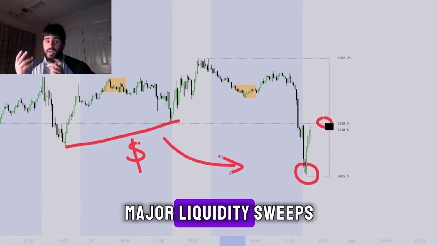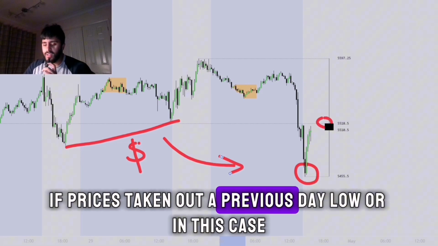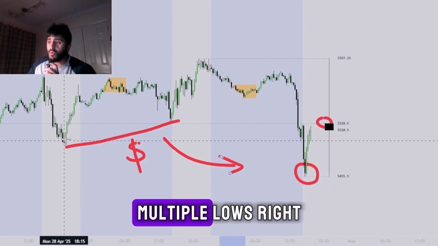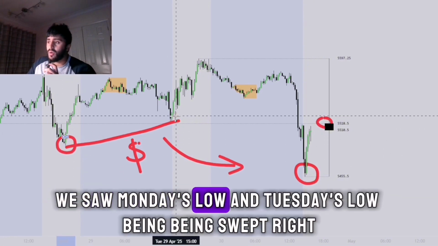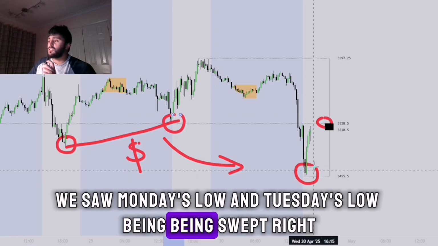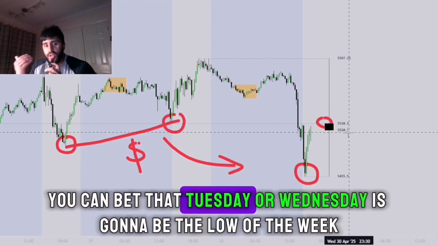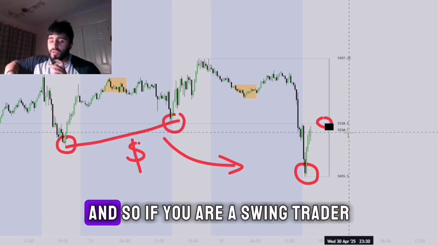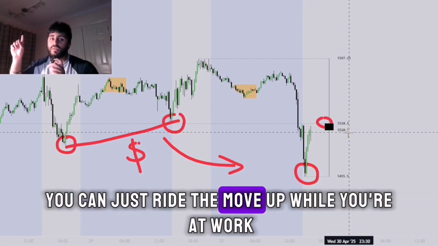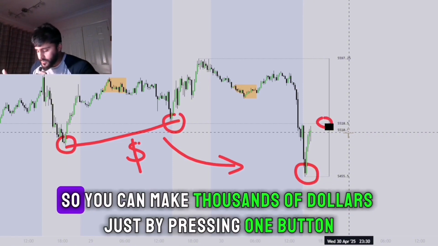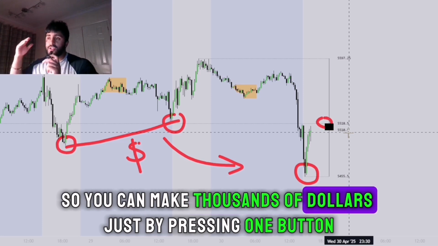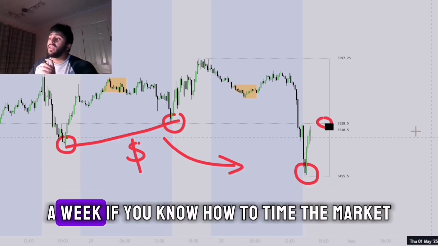Again, major liquidity sweeps. If price has taken out a previous day low, or in this case, multiple lows, right? We saw Monday's low and Tuesday's low being swept. From here, it's pretty simple. You can bet that Tuesday or Wednesday is going to be the low of the week. And so if you're a swing trader, you can just ride the move up while you're at work. So you can make thousands of dollars just by pressing one button a week